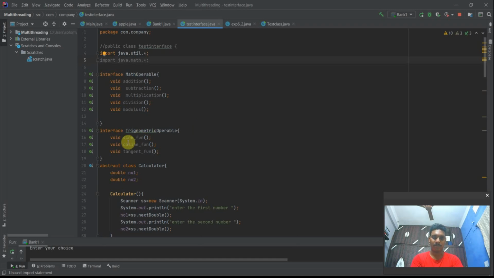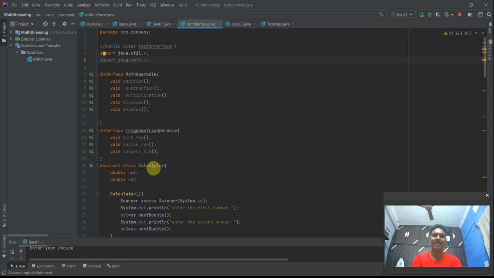operators, we have sine function, cos function, and tan function. We can use cosec function and tan function. We have oppositely cot function. In this way, because cot function is nothing but 1 by tan function, so I'm not using that. You can implement all the things when you execute. So normally I'm going with these three functions.